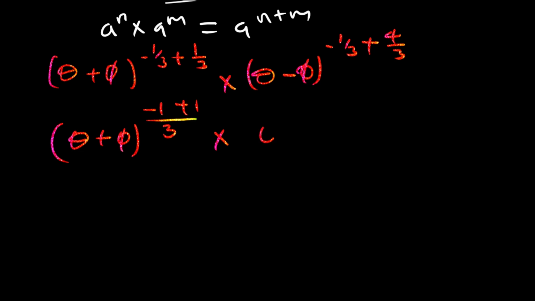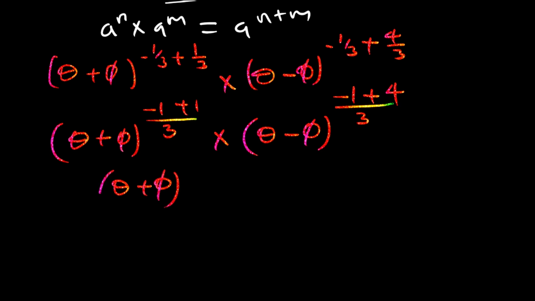And then times the second case, that is (θ − φ). The LCM is again 3. So we have 3 into 3, 1, times negative 1, then plus 4. So for the first case, we have 0. So that is (θ + φ) raised to power 0, times the second case, we have negative 1 plus 4, that is 3. So 3 over 3 is 1. So in the second case, we have (θ − φ)